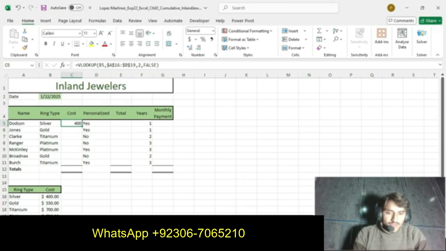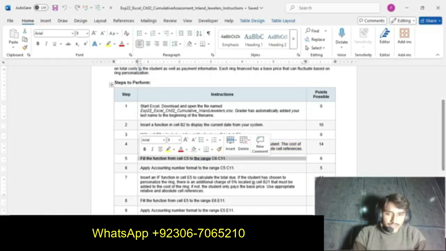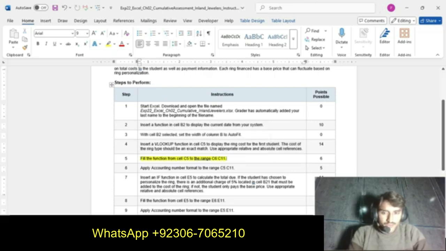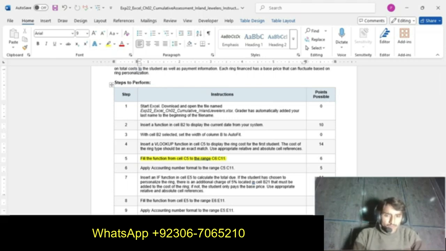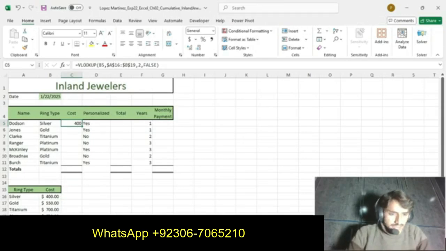So this is our VLOOKUP function. Now our step number 4 is completed. Now we move to our next step. Fill the function from cell C5 to the range C6 to C11. Here it says fill the function from C5 to C6 to C11.